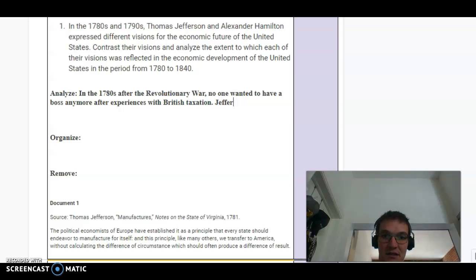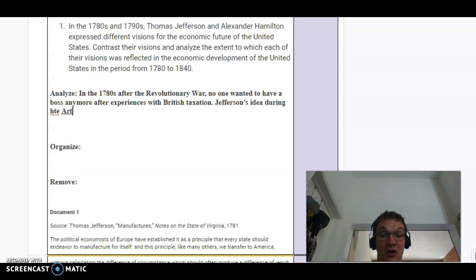Jefferson's idea during the Articles of Confederation was that the federal government would be weak